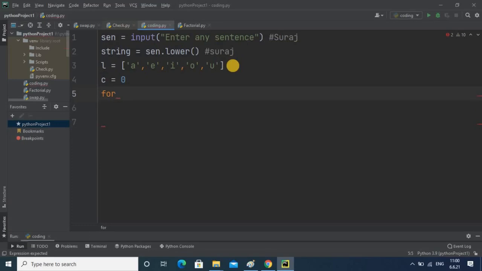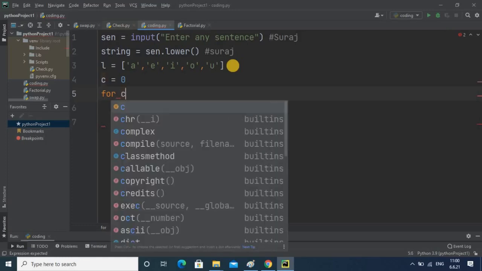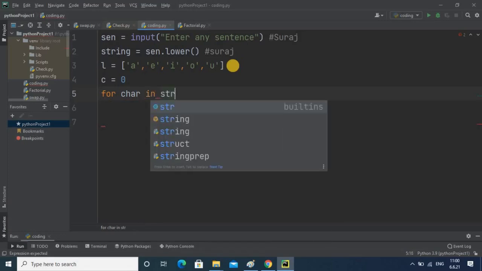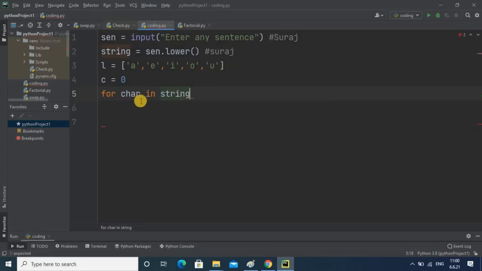In that for loop I will write one variable, char, in string. This char variable takes one character from the string.